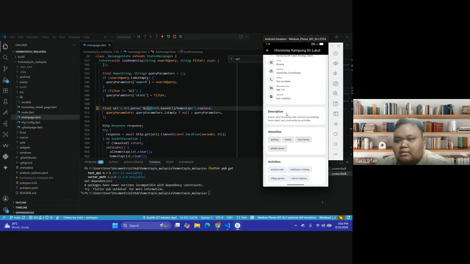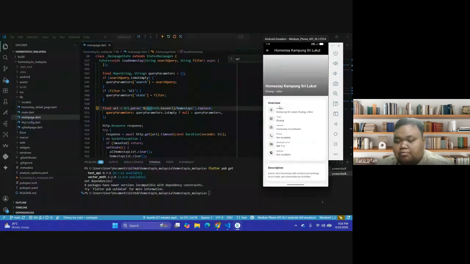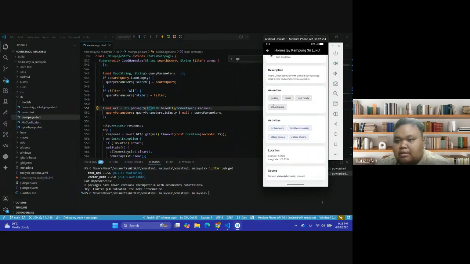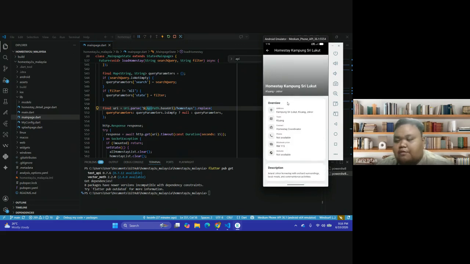Here we can see the overview of the homestay, description, amenity, activity, location, and also where we get the homestay data. We load everything from the public API, and we view it here. Here we can see we have the photo.